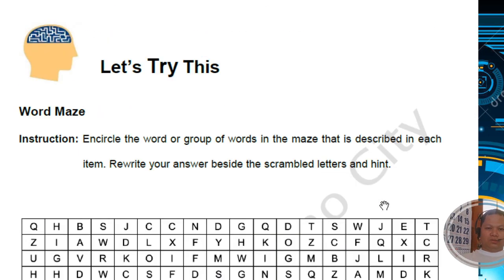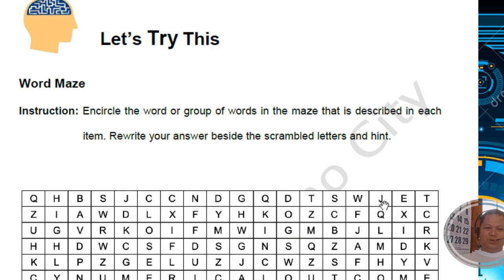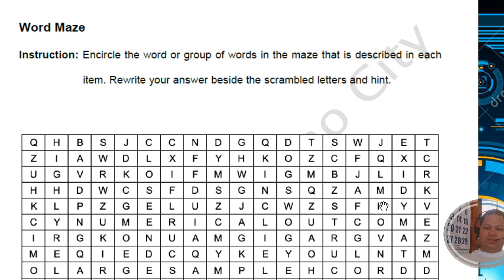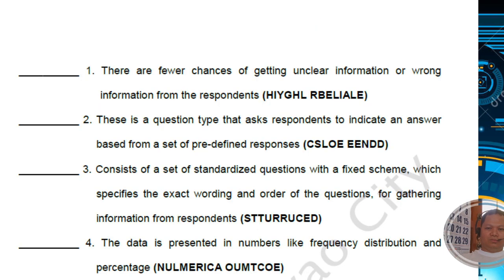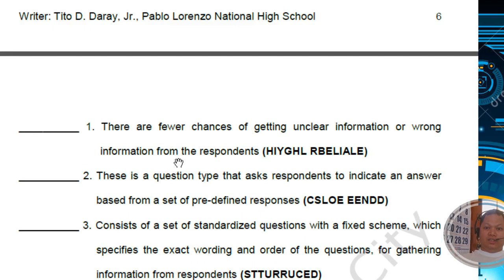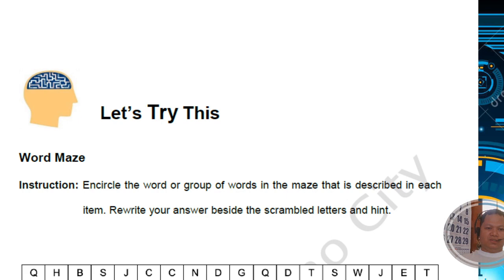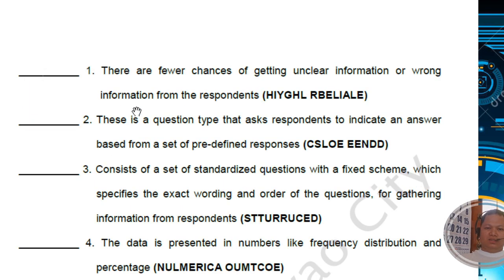So, try this word maze and find the words that are related to our topic for the day. These are the clues for the words in the word maze. Number 1, there are fewer chances of getting unclear information or wrong information from the respondents. So the answer would be